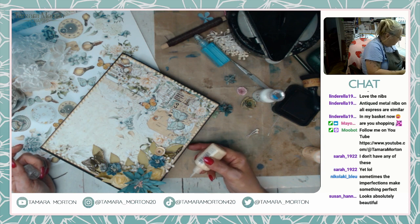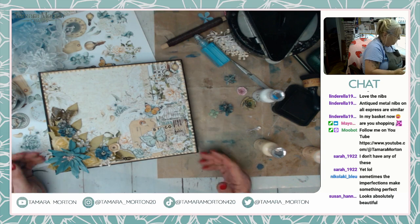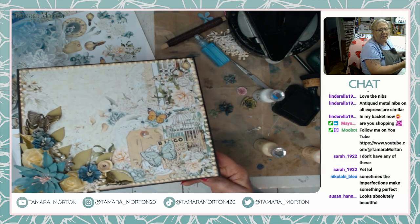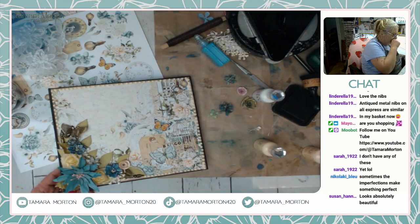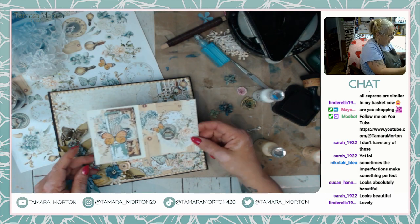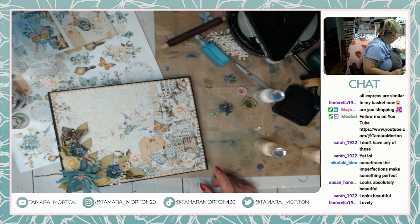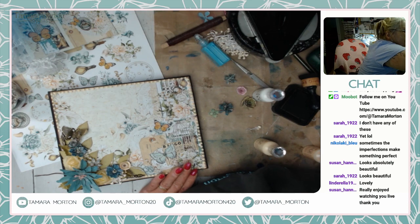There we go. Now I'm not going to go any further down here, because I'm going to stop that. There's where I stopped that. Right, so while that's drying, there's not much else I can do with that actually, so I can just tilt it, and I think what I'll do tomorrow is up here I'll use one of these maybe to put a little pocket or something in there. But what I could also do while I am here is glossy accent these